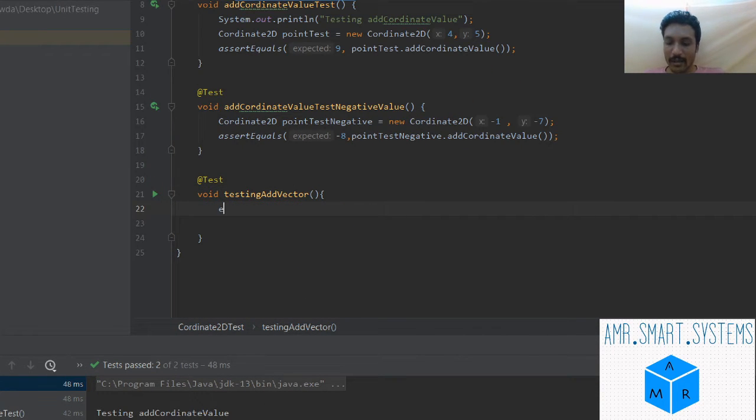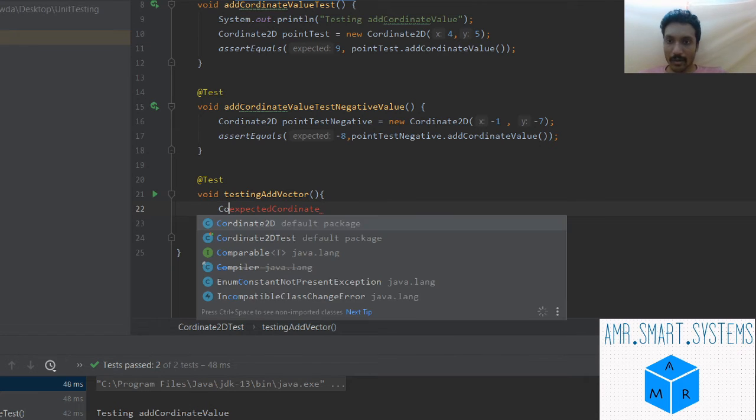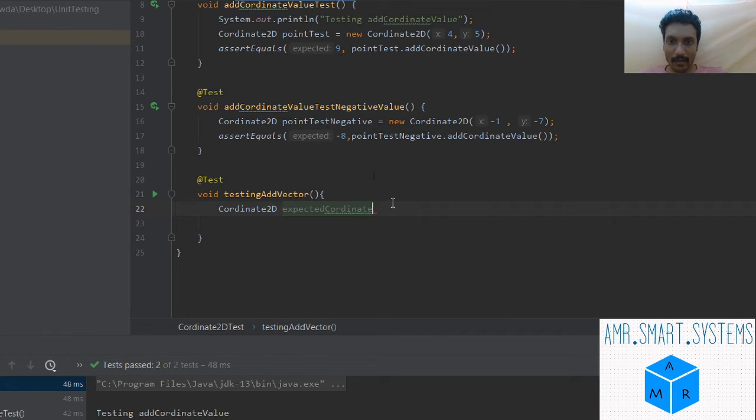There will be an expected coordinate of type Coordinate2D, equal to new Coordinate2D, maybe initialized with 0, 0, and again a result coordinate, new Coordinate2D of 0, 0.